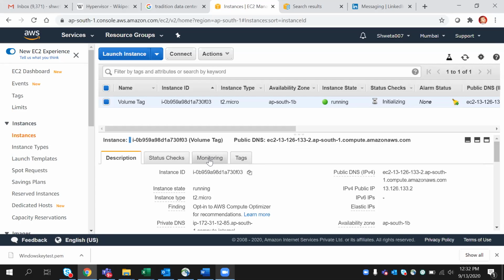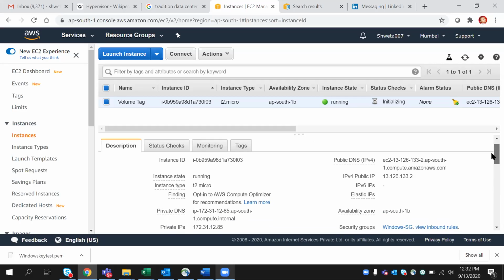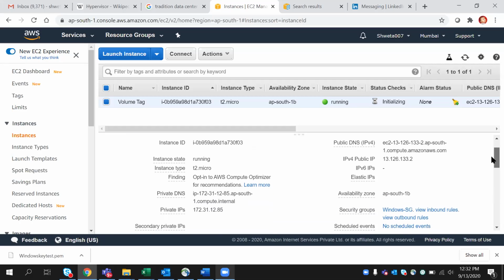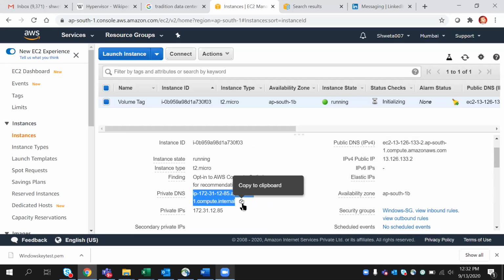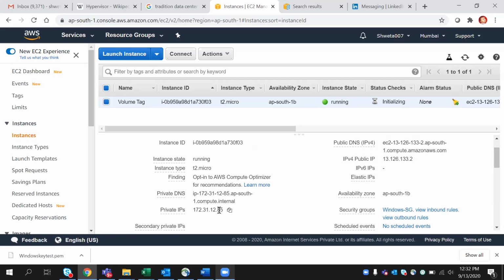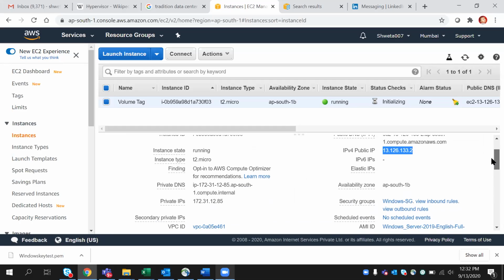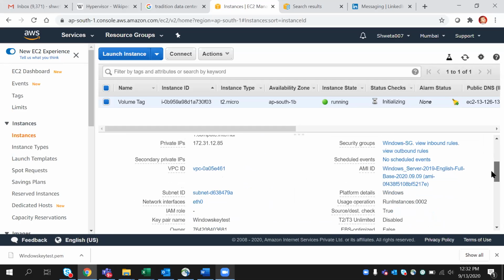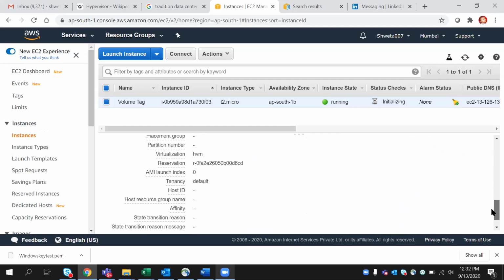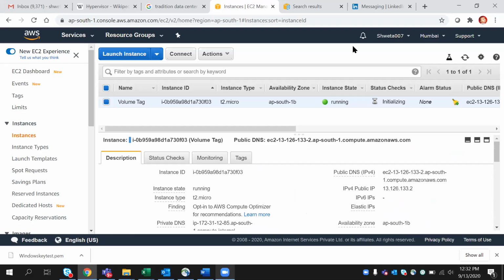In the description section, you can go here. You just see the public DNS, that is important here. The public DNS on the right side, on the top right. That is private, that is of no use now. Right column, on the top. Yes, that IP address is the public IP address, which can be used to access your instance for doing RDP, or the name above that IP address. So you can use that public DNS name, and the IP also you can use. Got it, Shweta?